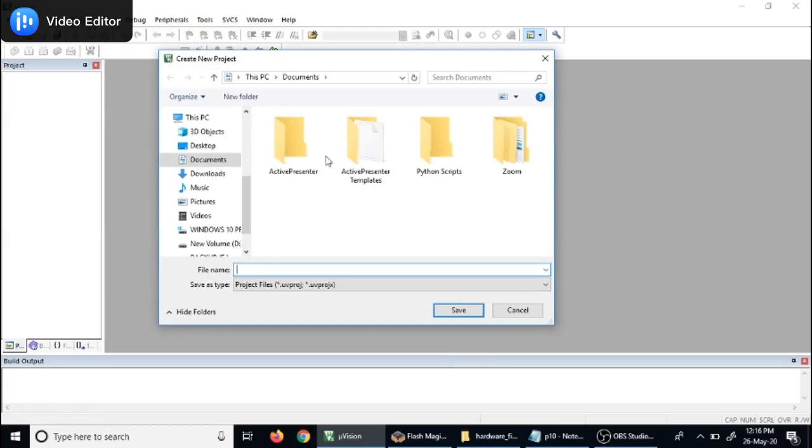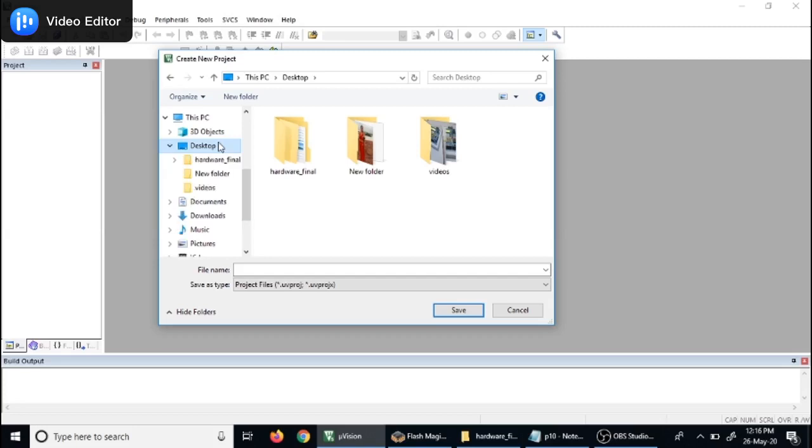All of you have already created a directory on the desktop. So in the same directory, create a subdirectory for every lab program. That is because you are always going to execute the hex file. The hex file name will be the same as that of your project name. So better you create a folder for each Part B lab program so that you can easily locate your hex file.